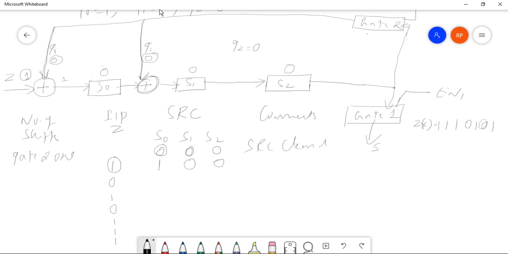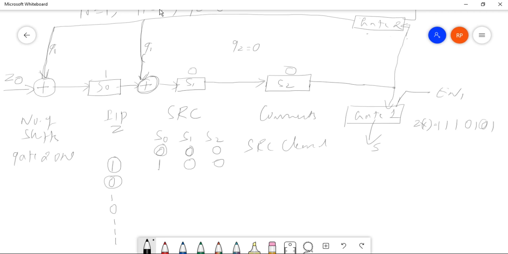Now, for better understanding, I will remove everything: the input, the line values, and the contents of the shift registers. Okay, removed everything. So what is the next bit for the input? The next bit is 0. So let me write here 0, and I will remove the previous one. Let me write the present condition of these shift registers. The present condition is 1 0 0 after the first operation.